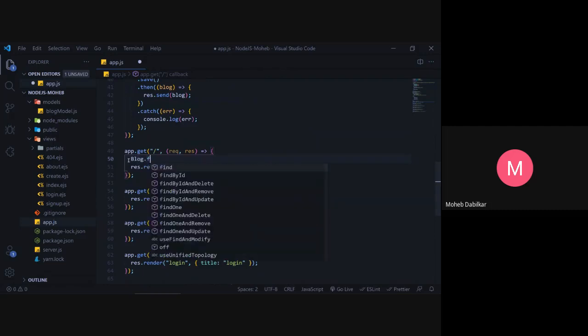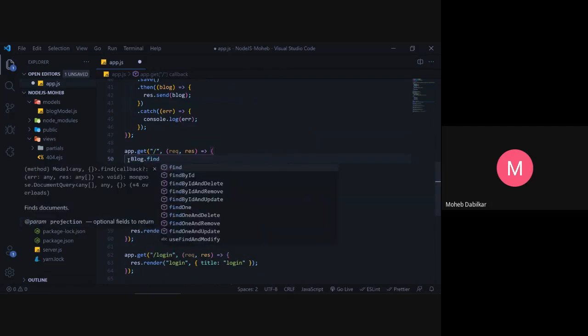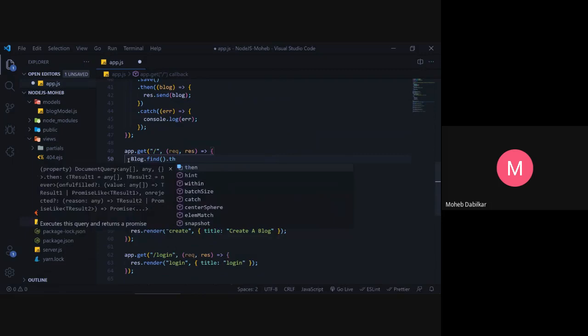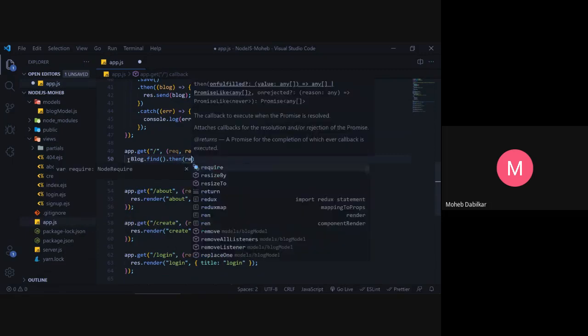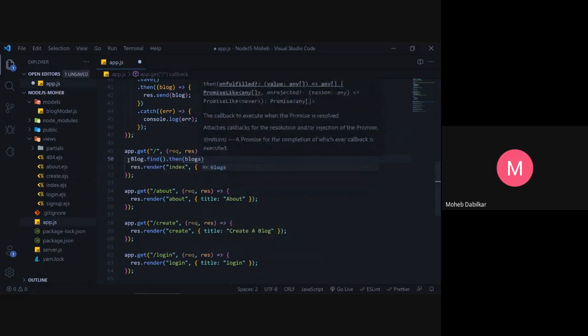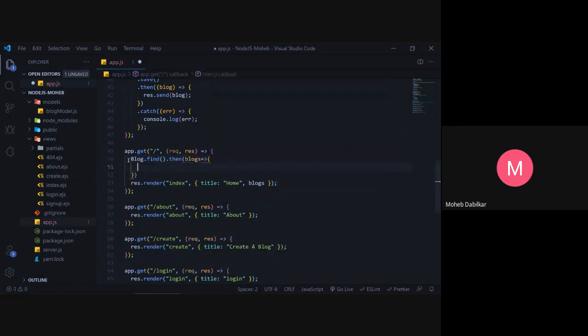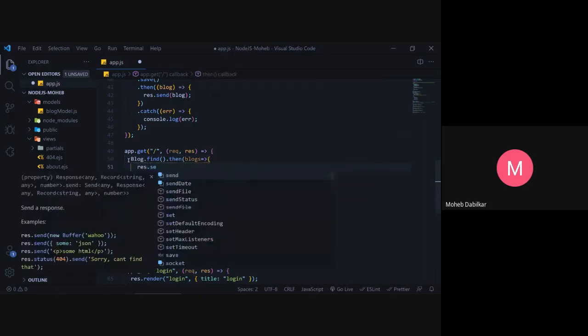We will just say blog.find, and then we will pass in the then method over here, and this takes blogs, and we take these blogs and we will just say res.send.